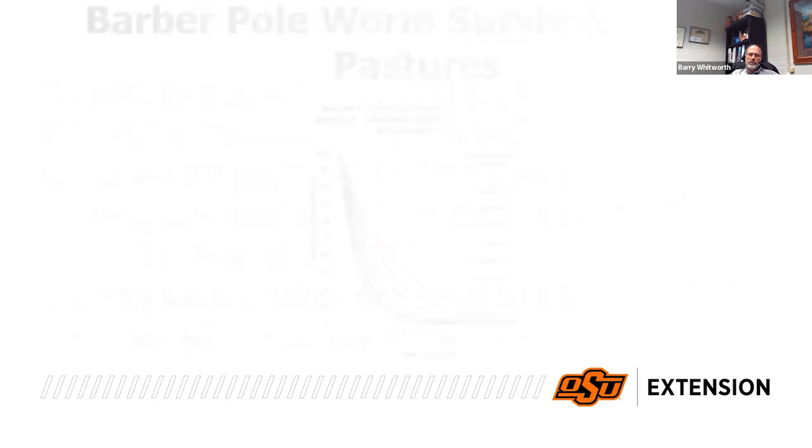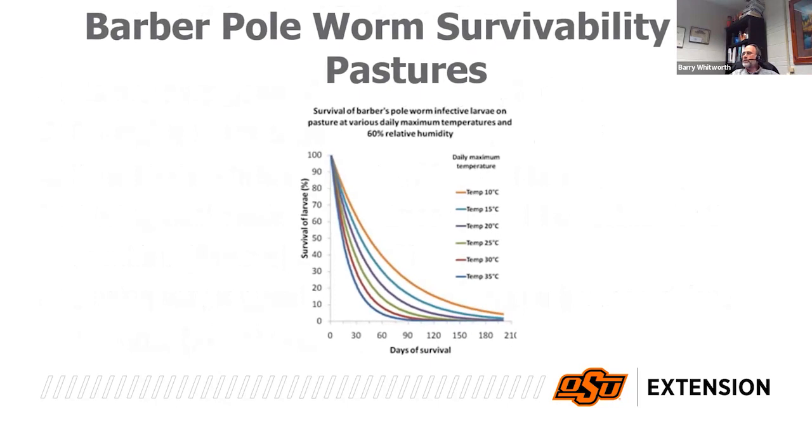This happens to be a slide that I was given from Australia. And immunity here is low, but you can see it gets out to almost 90 days, and that's at a pretty high temperature before you start to see those L3 larvae going down. So that's why we say try to rest that pasture as long as you can before you put your animals back on it.